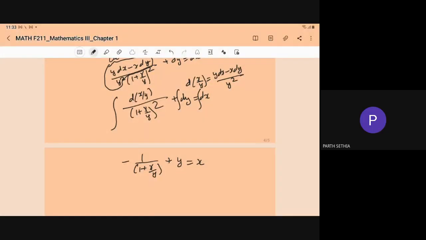Sir, plus constant C of integration. The constant of integration, I am telling. Right. So this is the exact integration. Then we have to add the constant of integration on any side, because in the solution we always have that much arbitrary constant, whatever the order of the differential equation.